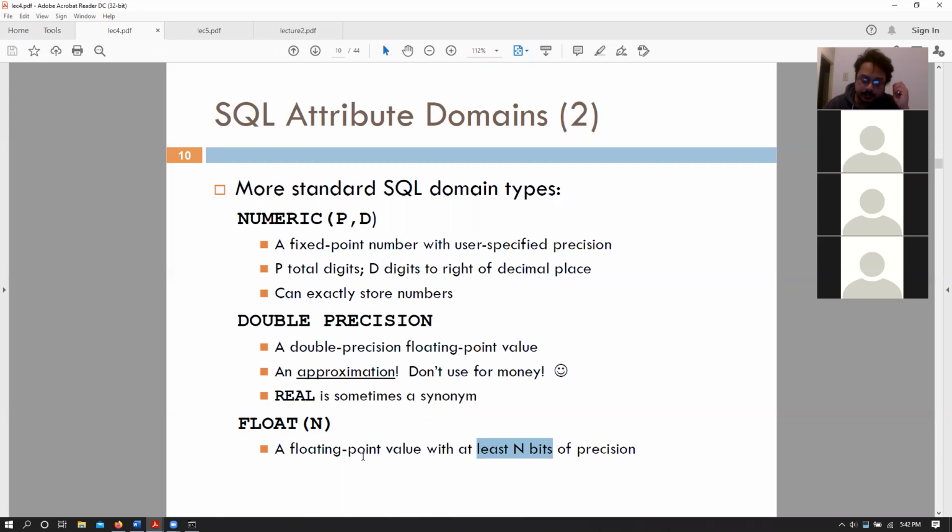In general, the floating point data type allows you to specify the number of bits that you want to have as precision. However, most databases, and that includes MySQL and all other common databases, allow you to only have either a 24 or a 53 bit precision. That is either single precision or double precision. They don't allow you to vary between those numbers.